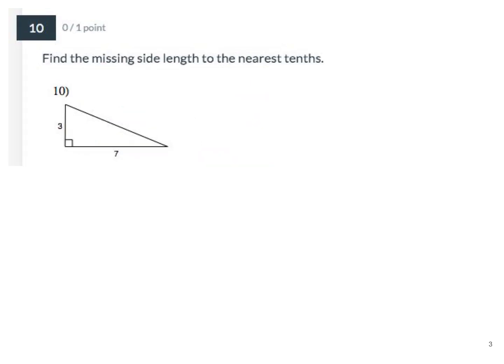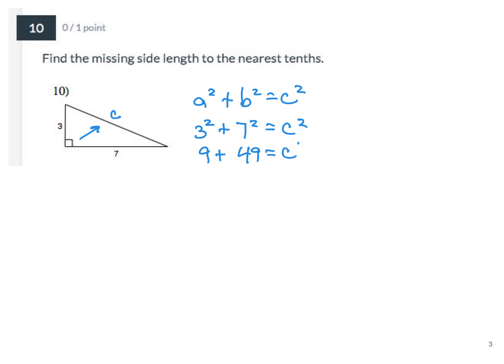All right, here is our missing side information. Again, always across from the 90 degrees is a C. And so again, we're going to use a squared plus b squared equals c squared. Again, this only works with right triangles. And it's the Pythagorean theorem. We're going to put in 3 squared, 7 squared, and then c squared. 3 squared is 9. 7 squared is 49. C squared, let's add 49 plus 9. We get 58